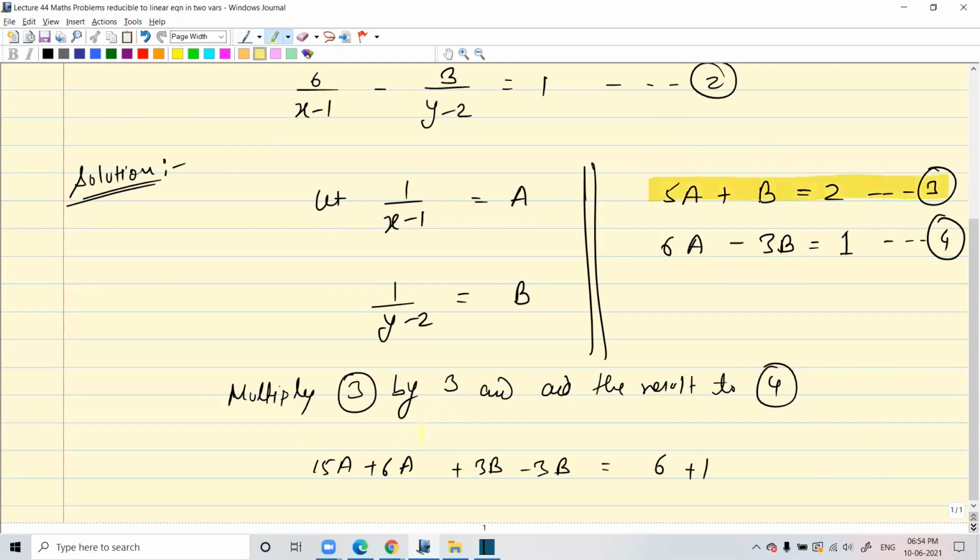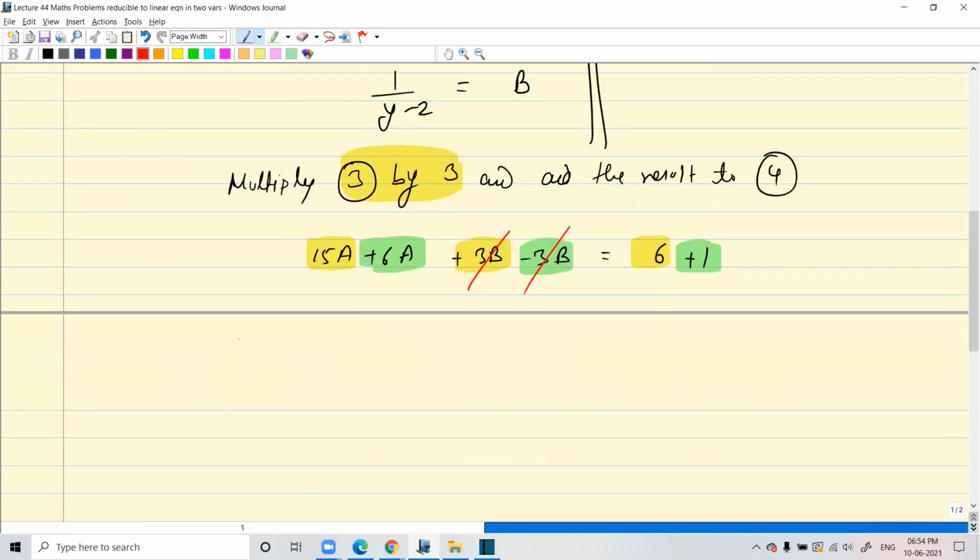I took this third equation and multiplied by 3. So that's how I got 15a plus 3b plus 6. And I'm adding the second equation, I mean the fourth equation. So that's where I have taken this plus 6a minus 3b plus 1. So the next step,